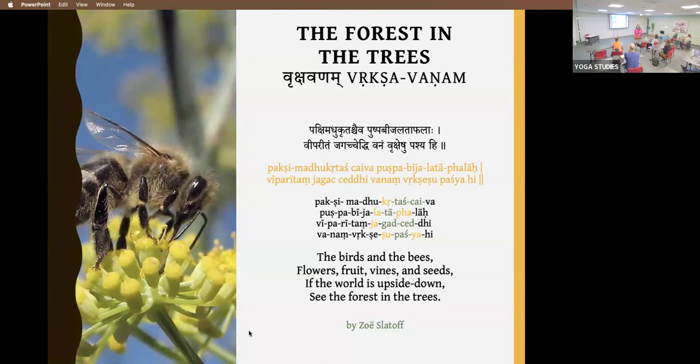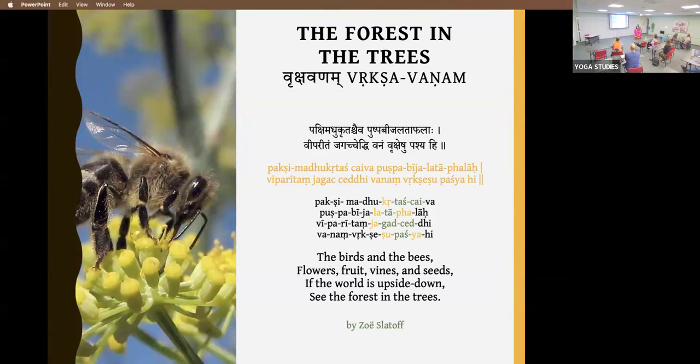Vrikshavanam. And again, this turned out to be, I didn't get to say exactly what I wanted to say, but I got to say most of what I wanted to say. So in English, the birds and the bees, Pakshi madhukrit, the bees are the ones who make madhu. Honey, flowers, pushpa. I kind of moved it around a little in English because I wanted it to kind of rhyme in both English and Sanskrit. So bija in Sanskrit is seed, I put them at the end in English, fruit, phala, lata, vine, or creeper. Take a little bit of poetic license. And yes, if the world is viparitam, upside down,